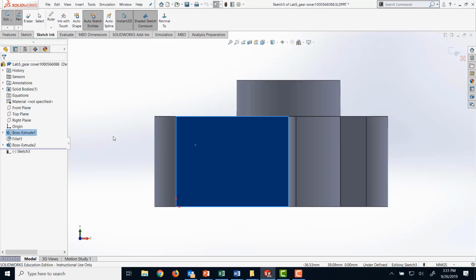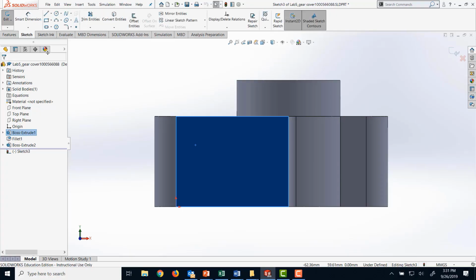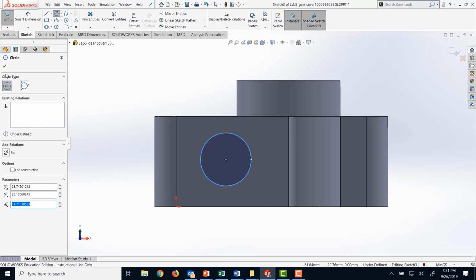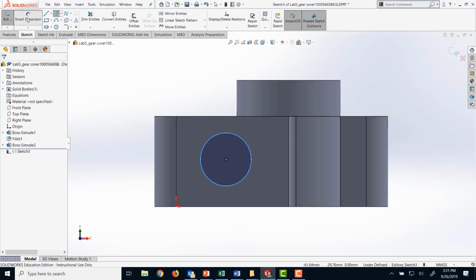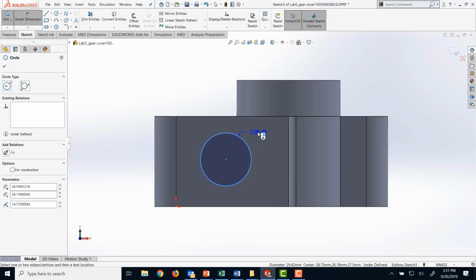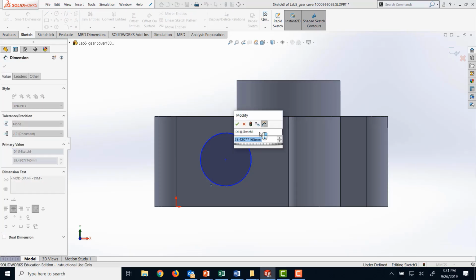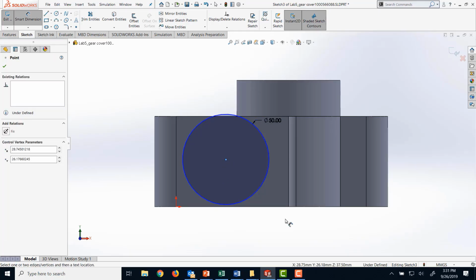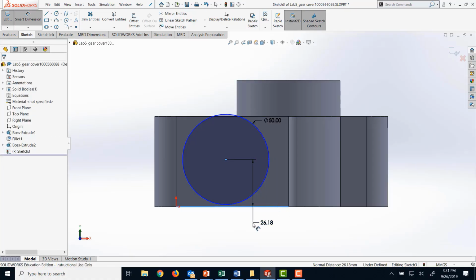This refers to step 10 in your lab manual. I'm gonna add a sketch. I'm gonna go to the sketch tab, and I'm gonna select this circle, and I'm gonna drop a circle in there. And in here, the dimension for this circle is 50. The diameter is 50 millimeters, and the position of this circle, the center to this edge, is 25 millimeters,